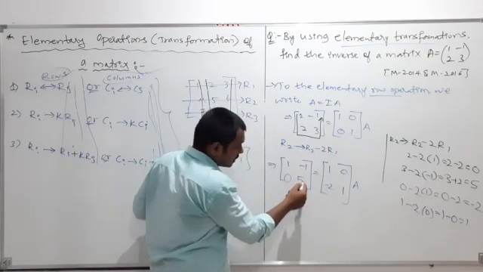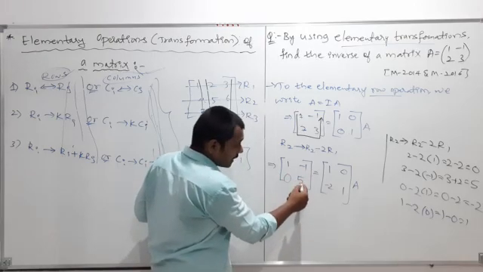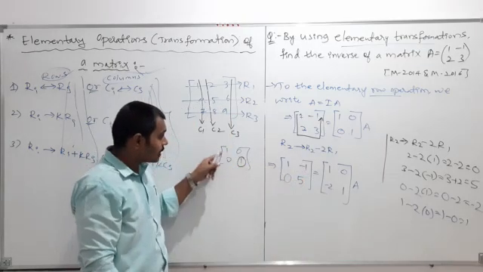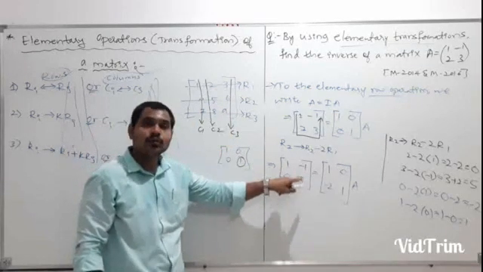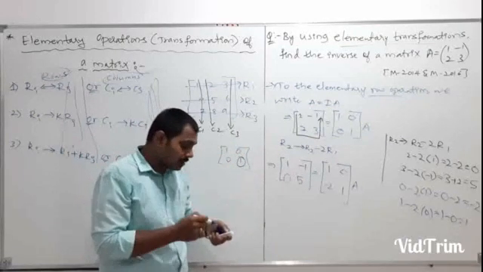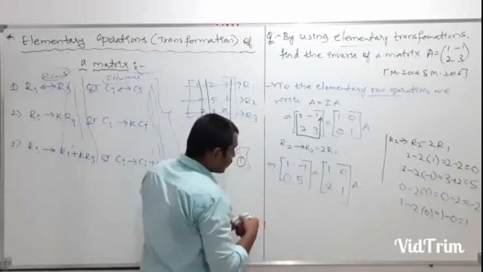Now this element should be changed. Instead of 5 it should become 1, because I am converting it to the identity matrix: 1 0 1 0, and in place of 5 we should get 1. In place of 5, if I want to get 1, what will I do, my dear students? To this row